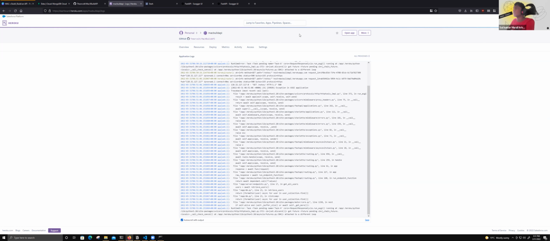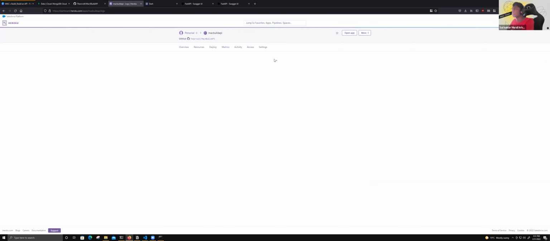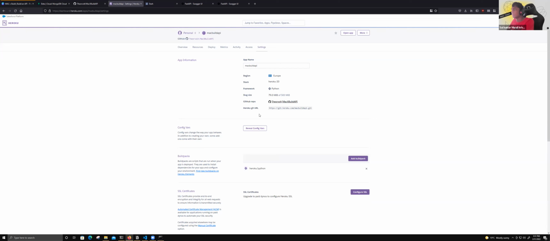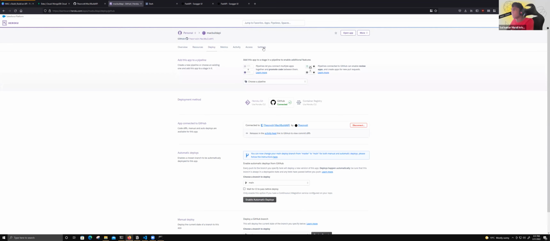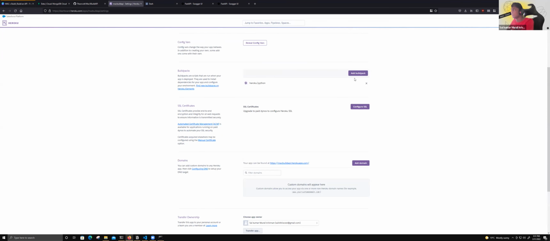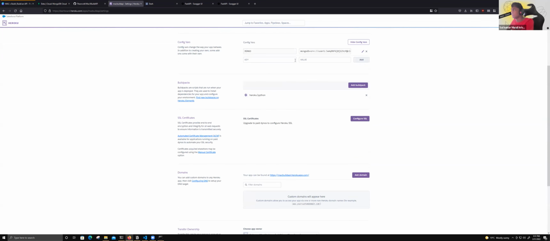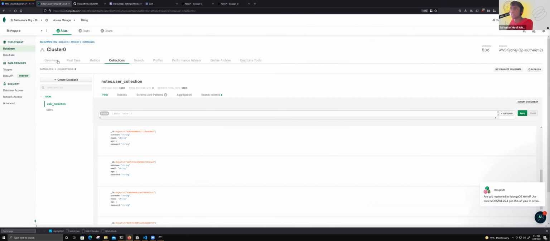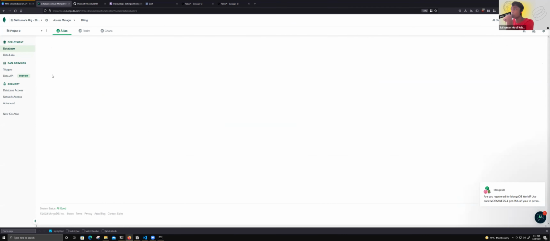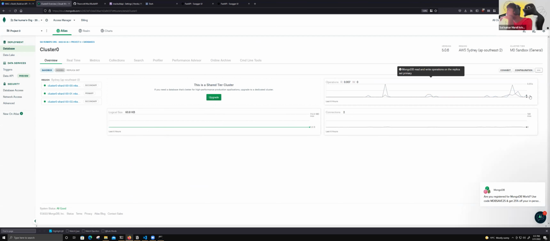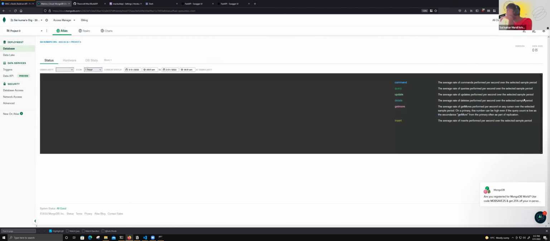This might be to do with the fact that Mongo's the deployment. So if I go back to the configure variables, this may not be set up properly, I think. Let's just check this here. So if I go back to the overview, it will tell me when it's been accessed. So if I click here,